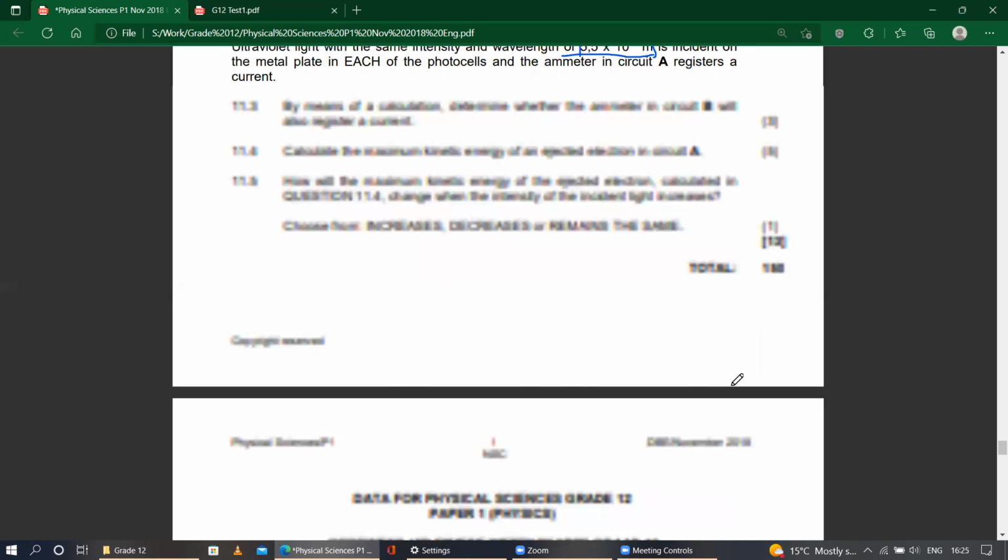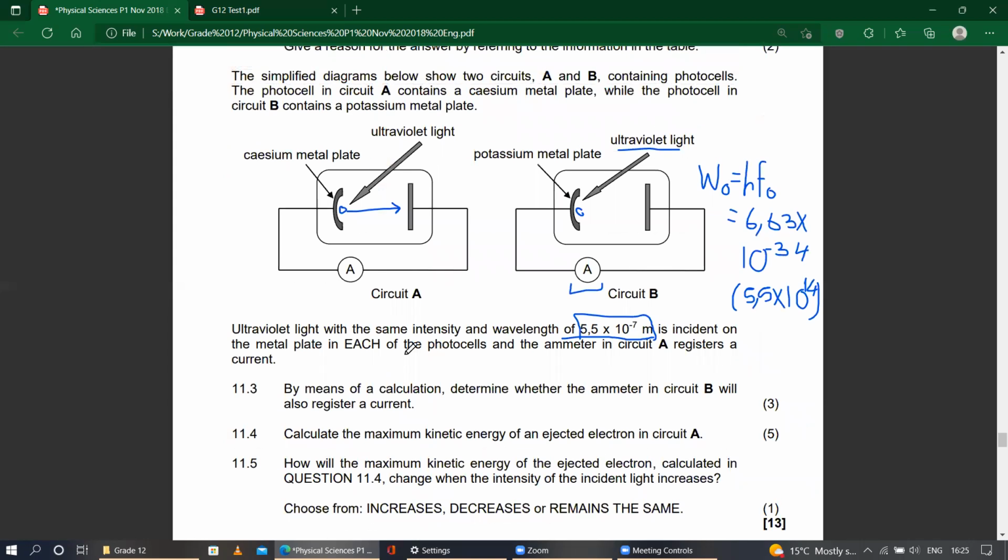What answer did you get? I got 3.68 times 10 to the power of negative 19 joules. Okay. So our work function, you said 3.68. Okay. 10 to the negative 19 joules. Yes, sir. So now we can find our E,